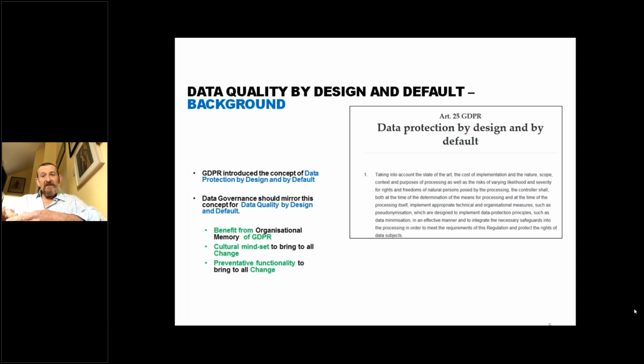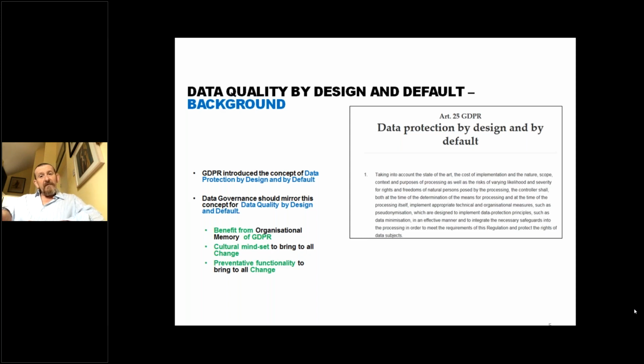If not, you're going to fail GDPR, because the regulator will be coming in, if they want to do an inspection or if they're following up on a breach, and they'll be looking for evidence that the organization is actually living this with regard to data protection. So the phrase data protection by design and default should be alive in the heads of the people in your organization, everybody across the organization.